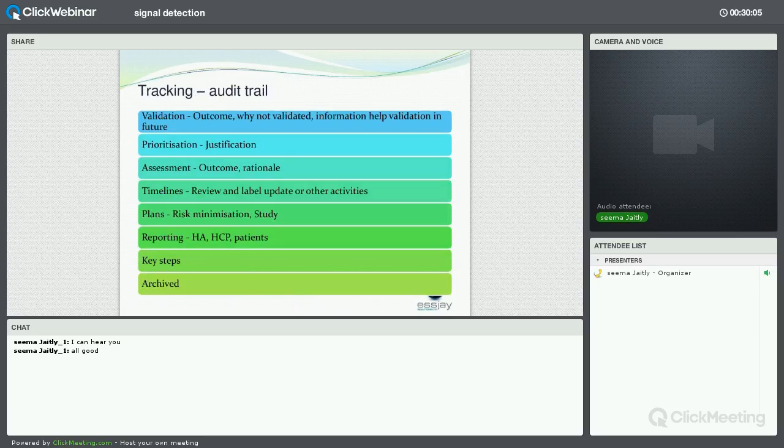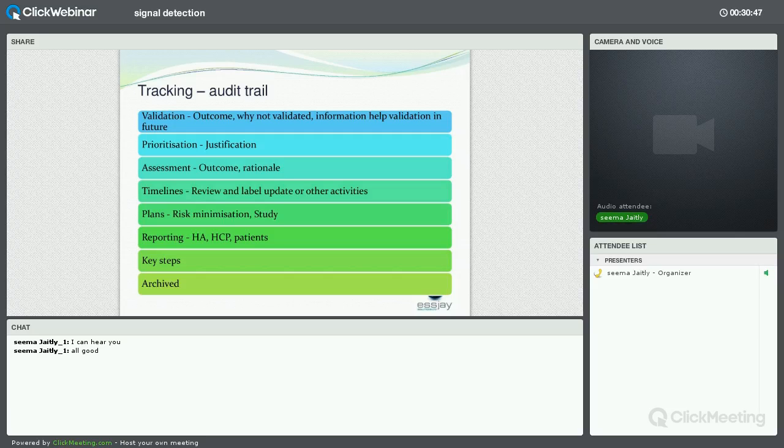Now, tracking is a big thing from the new legislation, and the fact that everything needs to be documented. Your justification for your different activities, and seeing when you've done exactly what part of that signal management process. So for validation, you need to track what you actually used for your validation. So if it was just based on case analysis, and then that event or that issue comes up again, somebody can go back and say, right, actually this wasn't valid at that point, but now we've got further information and we think it is a validated signal now, and it will help overall in that